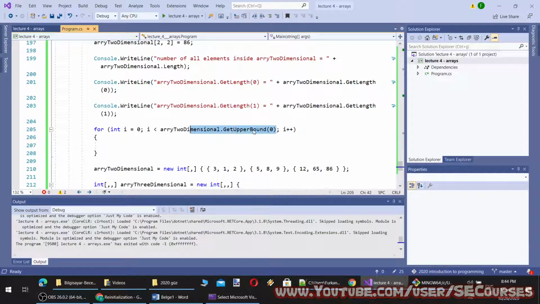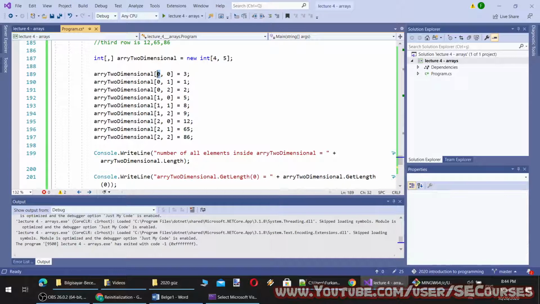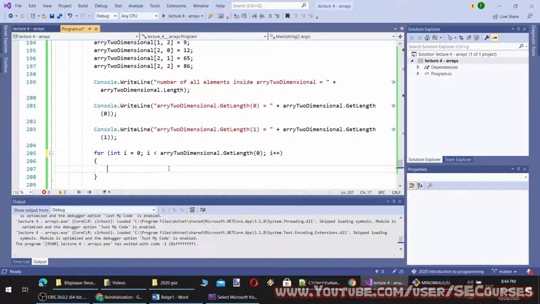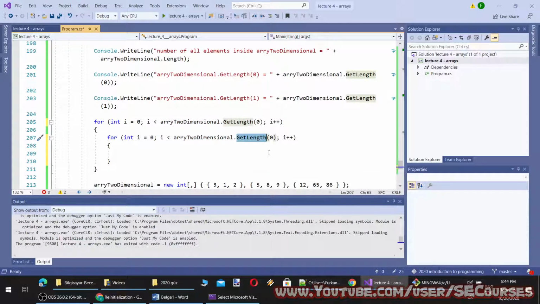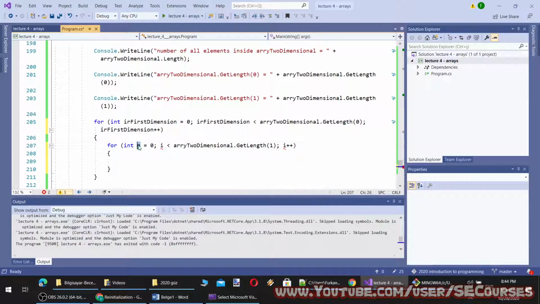So with this way, I am going to iterate the first dimension, and this way I'm going to iterate the second dimension. Let's name this first dimension and let's make it second dimension.